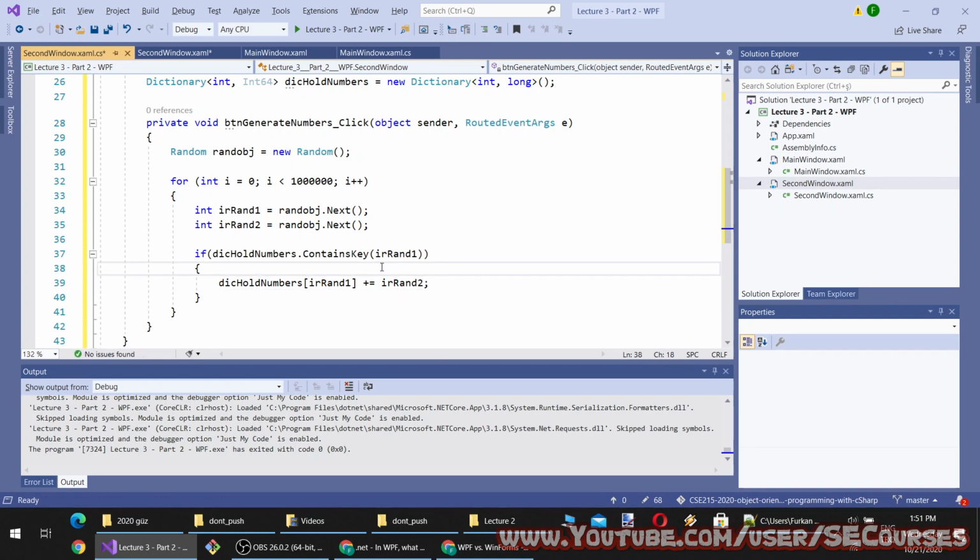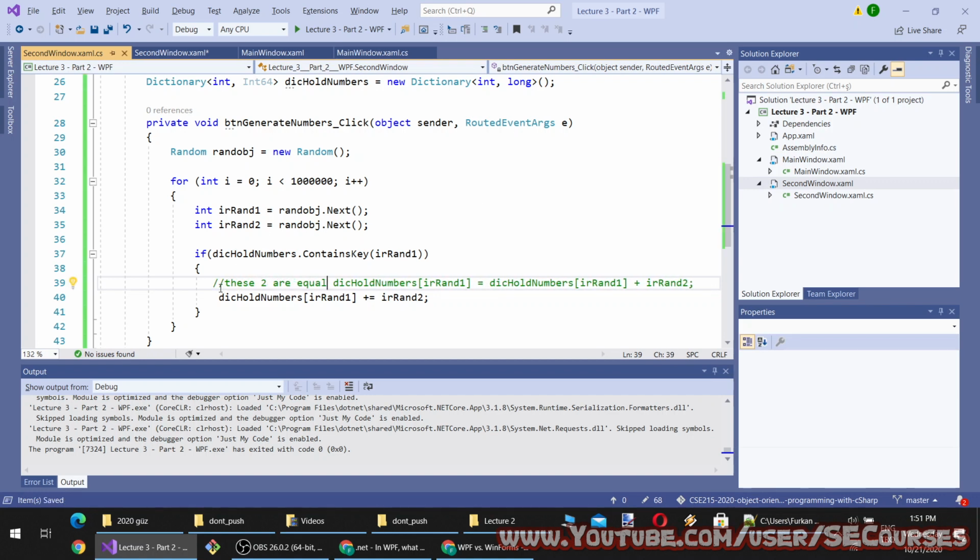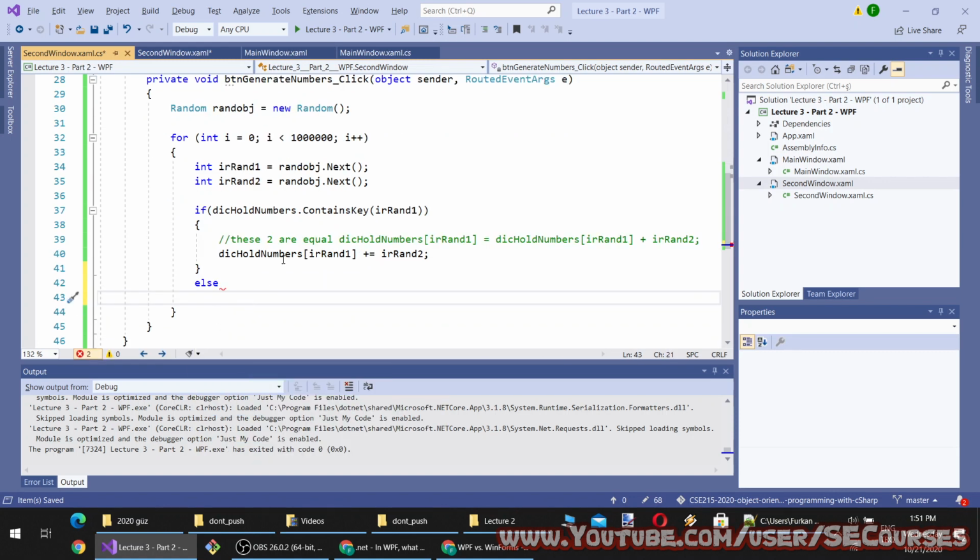This line gets the value of that particular key and adds plus 2 to it. These two are equal. Okay. And if the key does not exist, however, I will make it like this. Key and 2. So this will generate the numbers.